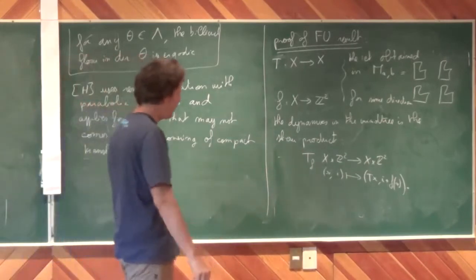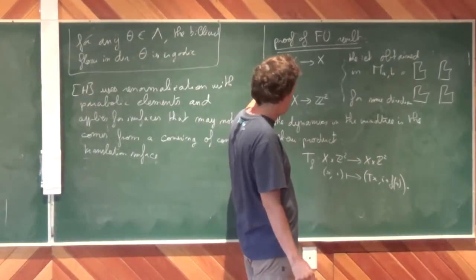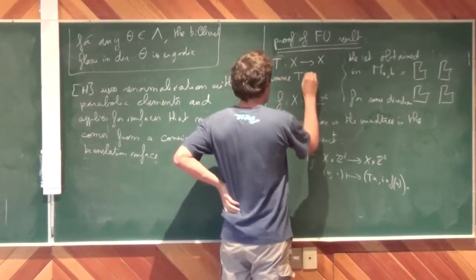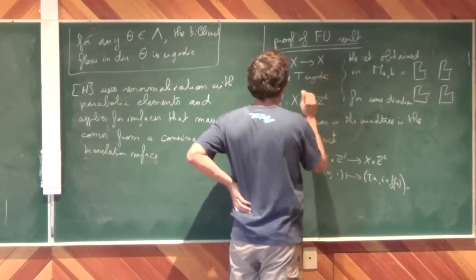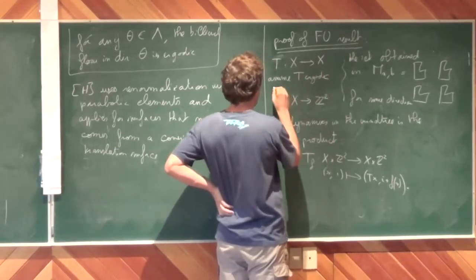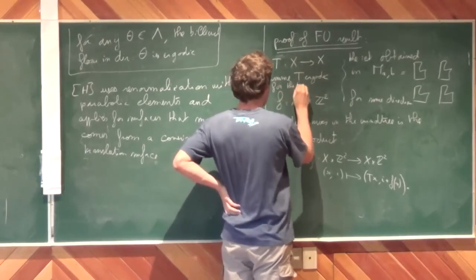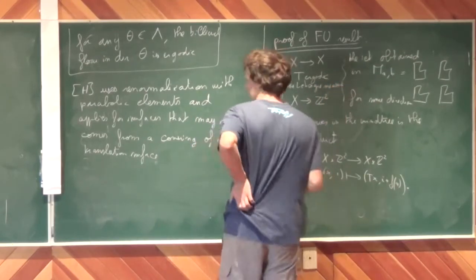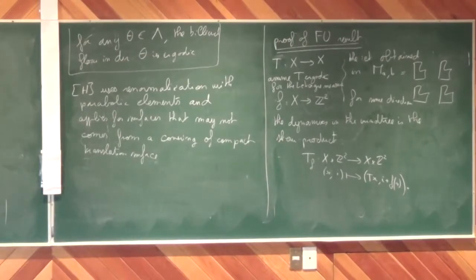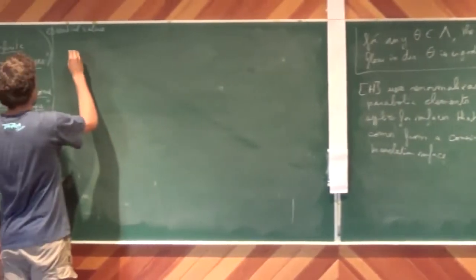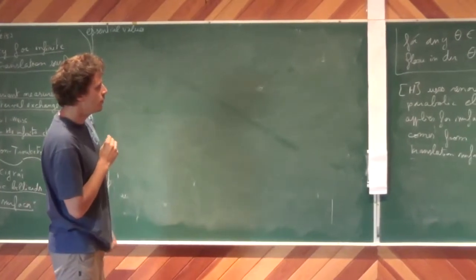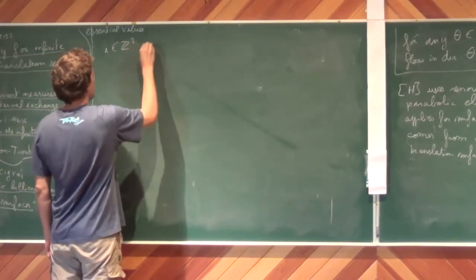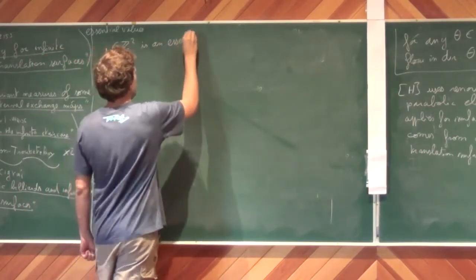And recall that we have the Kerckhoff-Masur-Smillie theorem, and we can assume that T is ergodic, and even uniquely ergodic, for the Lebesgue measure, where X is an interval. So what is the essential value for this product? An essential value is an element of Z^2. So i in Z^2 is an essential value